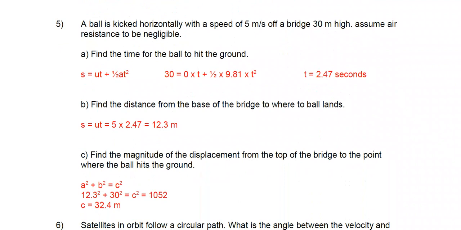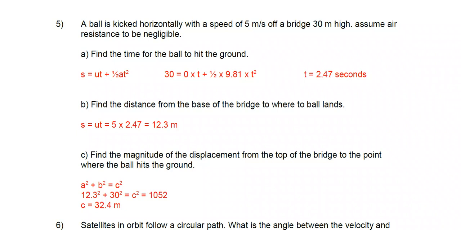5. A ball is kicked horizontally with a speed of 5 meters per second off a bridge that's 30 meters high. Assume air resistance to be negligible, so we can use the equations of motion. A. Find the time for the ball to hit the ground. Well, s = ut + ½at². So 30, and again, because it's starting from rest in the vertical, we've got 0 times t plus a half times 9.81 times t squared, and we find that t is